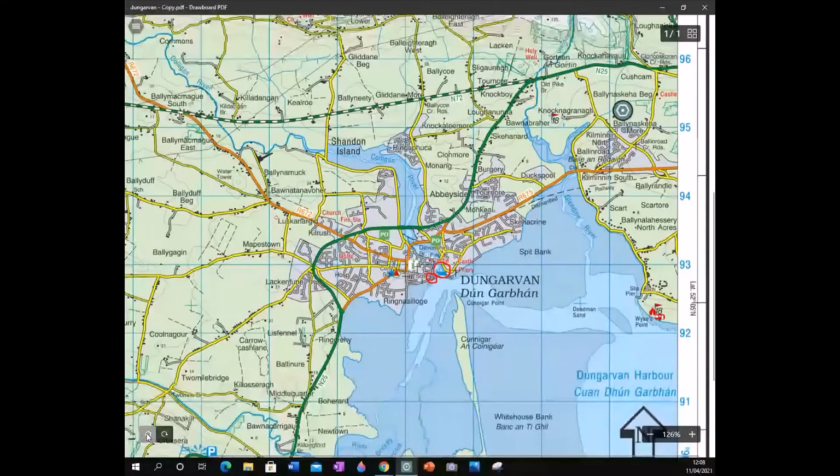Now, as with all primary economic activities, they feed into the development of secondary economic activities. Why? Because farming, forestry, fishing, they all provide raw materials for manufacturing. What kind of evidence is there here to suggest that this town in Dungarvan would be a good place or a possible place for manufacturing to have developed? Well, first of all,